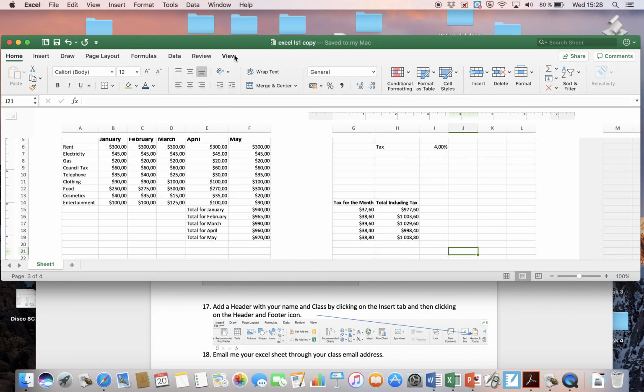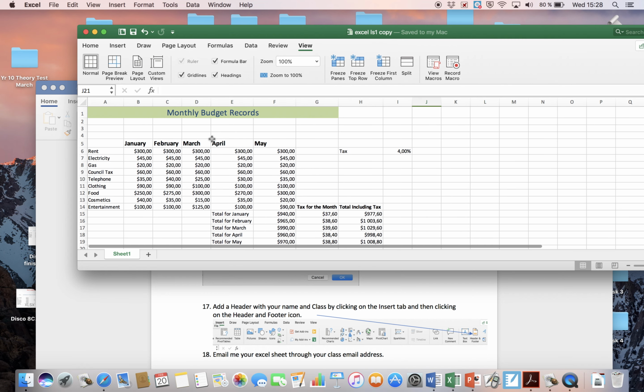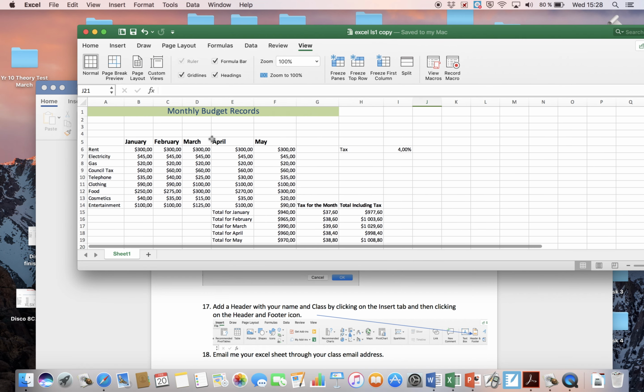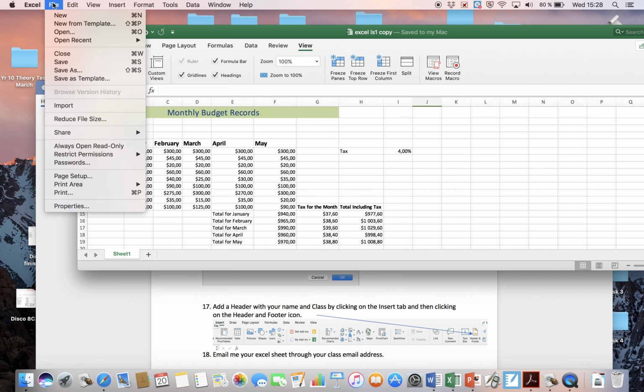No problem. Go back to View. Because we put it in a header, it automatically selects the page layout view. Let's just go back to normal. If I click on Normal, there I go. But where did my header go? Did it save it? Of course it did. If I want to see my header, make sure it's there,